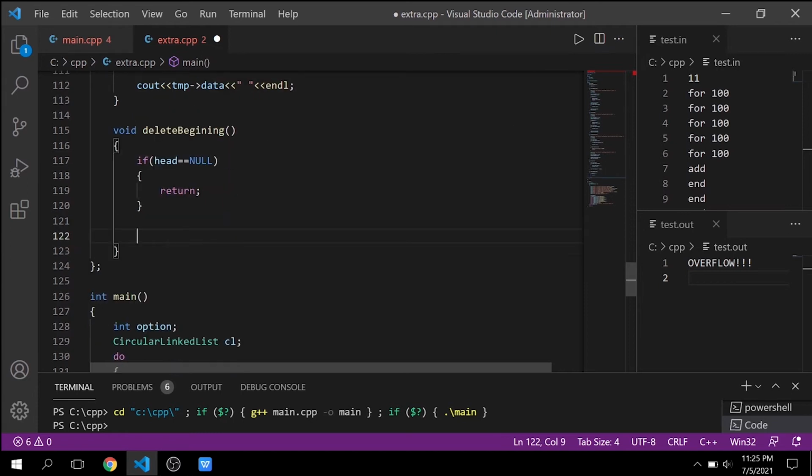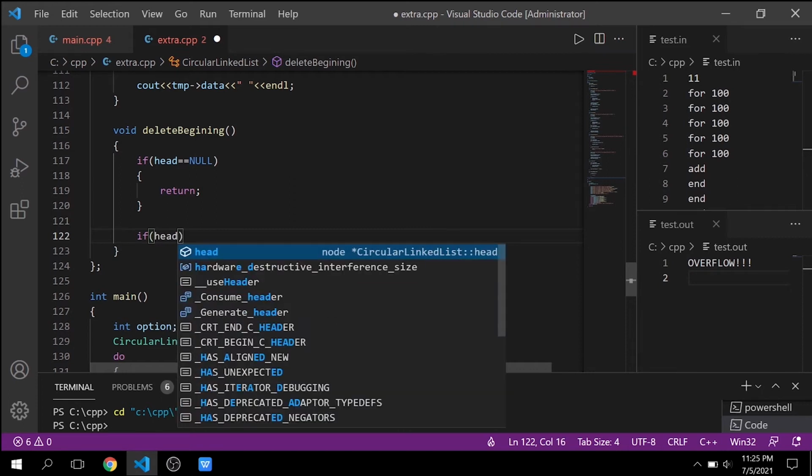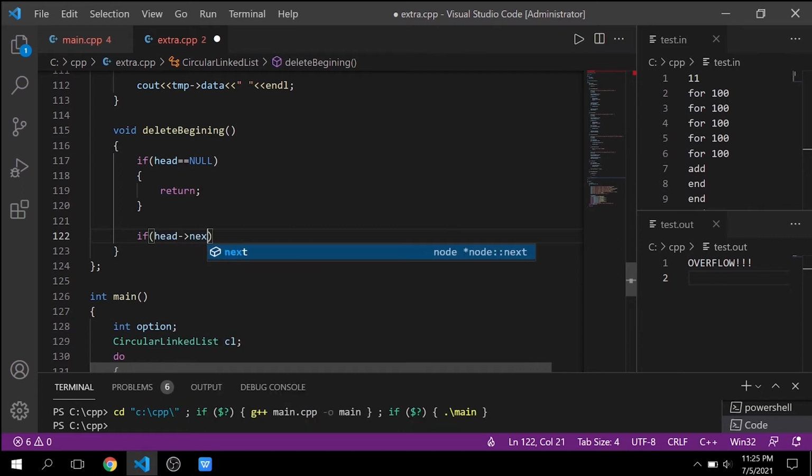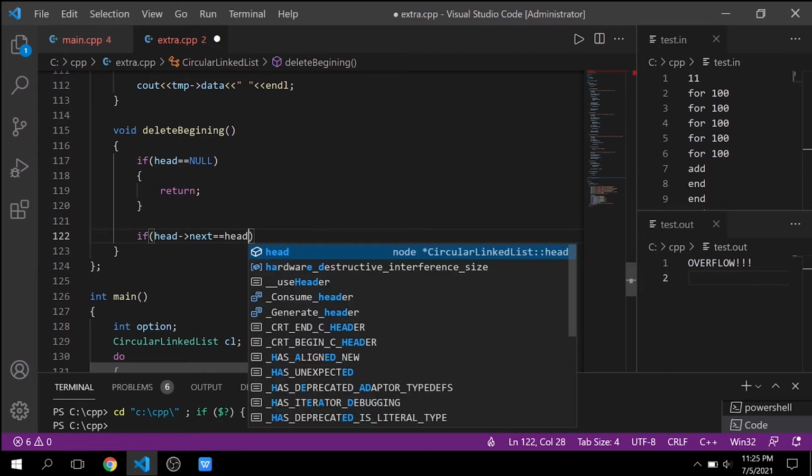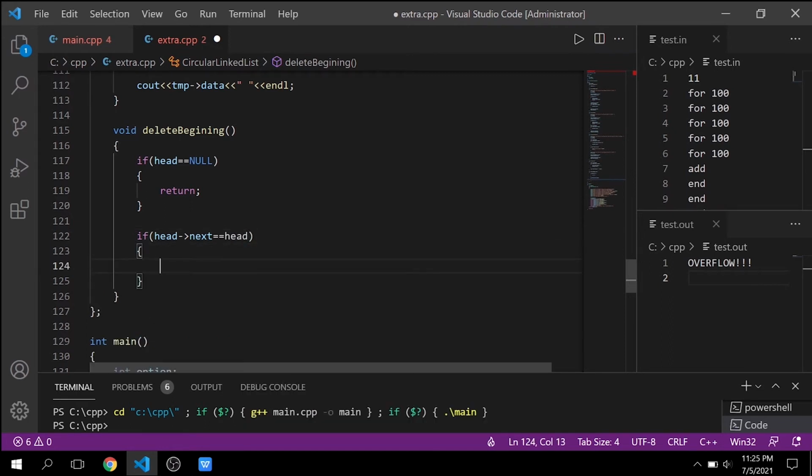Then if the list is not empty, and if it contains only a single value, then we simply have to delete this value and give the head null. We will check by the next pointer of the head. If the next pointer of the head is pointing to the head again, then the list contains only a single node.